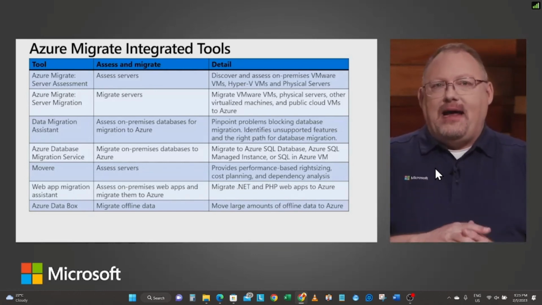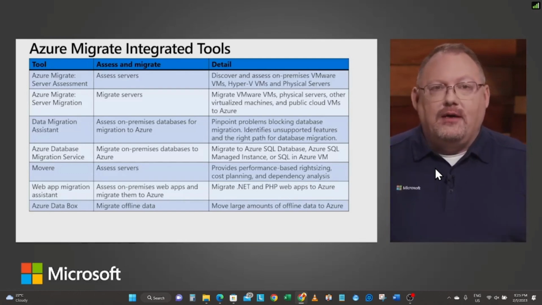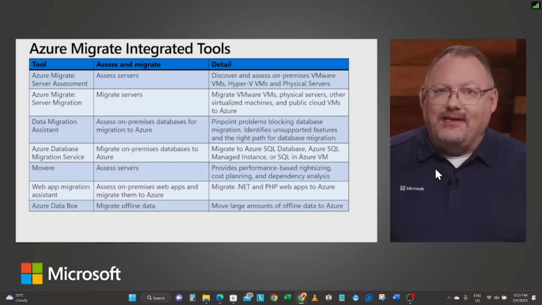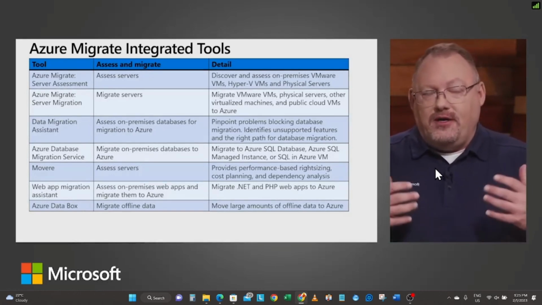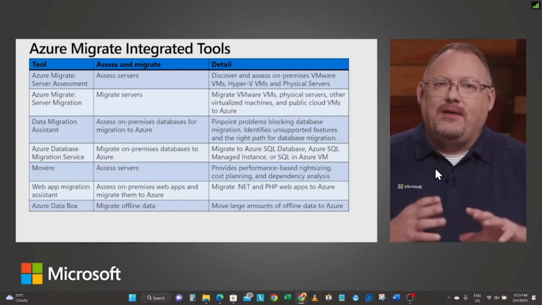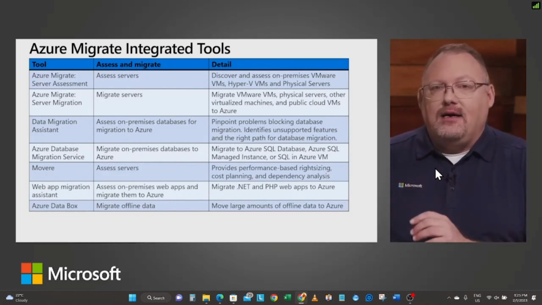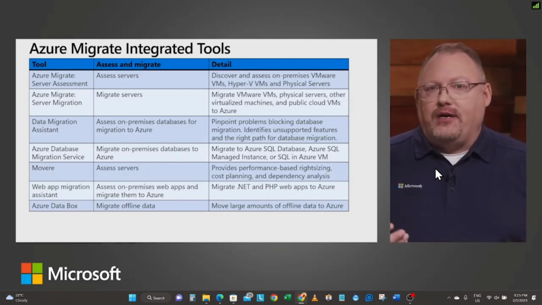Now, I know what you're thinking. Matt, these are great. We've set up our great network. We have a lot of high speed, but I need to move terabytes or petabytes of data. How do I get that data into Azure? We actually have a solution called Azure Data Box. Now, this is a solution where we actually can take drives that you borrow essentially from us. And I said borrow, I'll get to that in just a moment. And you can put all your data on the drives and essentially mail the drives back to the Azure region and to the data centers of where you're going to have that recovery.